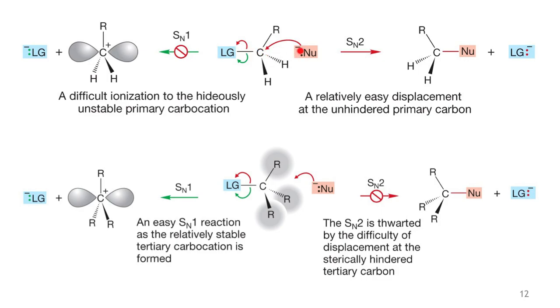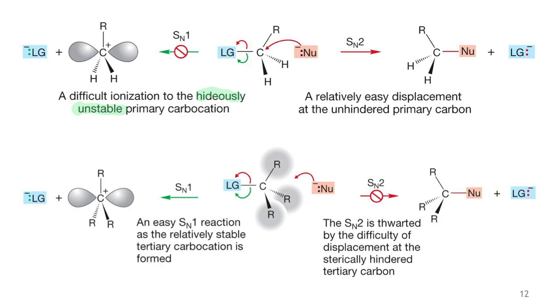We can get addition of the nucleophile and loss of the leaving group in an SN2 reaction quite readily. On the other hand, the green arrow here indicates mechanistically what has to happen for an SN1. It would be simply cleavage of the carbon leaving group bond. That's not going to happen because primary carbocations, as it states here, are hideously unstable